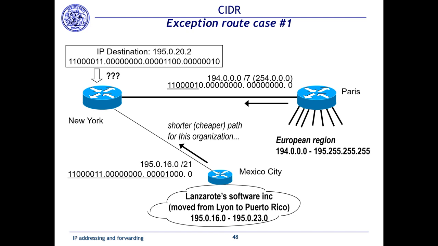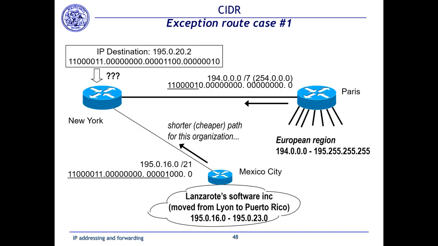So usually companies, even if they open sites in other places, keep the original block of addresses. So the IP addresses of the site of the company, the headquarters in Mexico City, are the same, taken from the original block that was assigned to the company when it was in Europe. So now, what happens if a packet that is addressed to